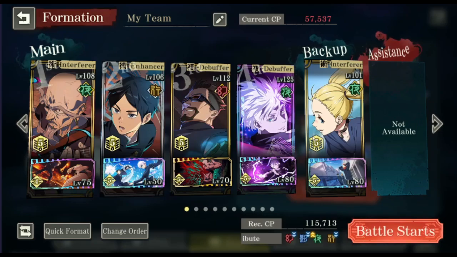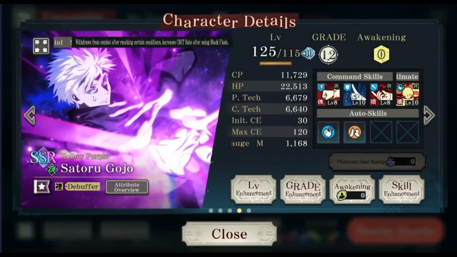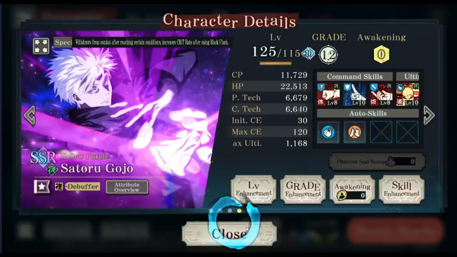Now, in terms of the actual turn by turn strategy, I already mentioned you want to go for an ult on your Hollow Purple Gojo on turn 5, because you would be using the ultimate attack from Kaito only from turn 4. On turn 1 to 3, you are basically free to do whatever you want on your Gojo. I believe you can either do skill 1 or skill 3, it doesn't really matter, but skill 3 tends to be slightly better because first of all, it gives you a bit of extra break damage, which is always nice,